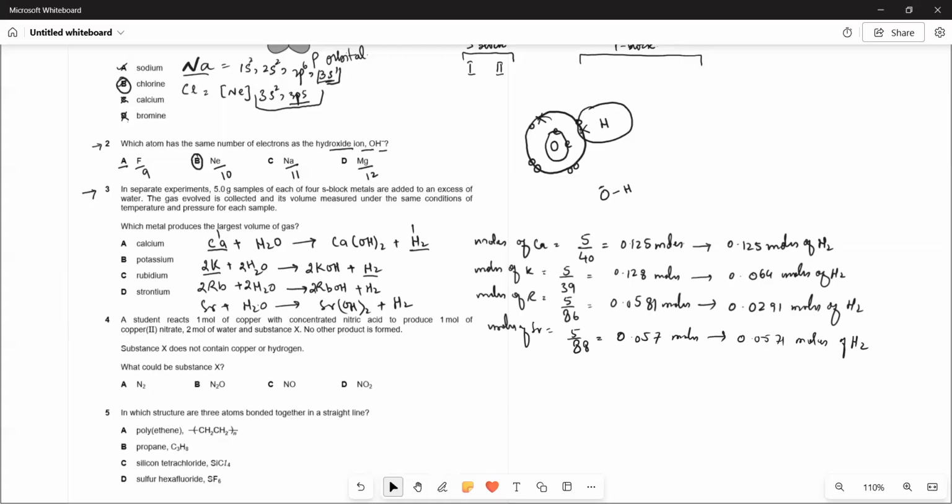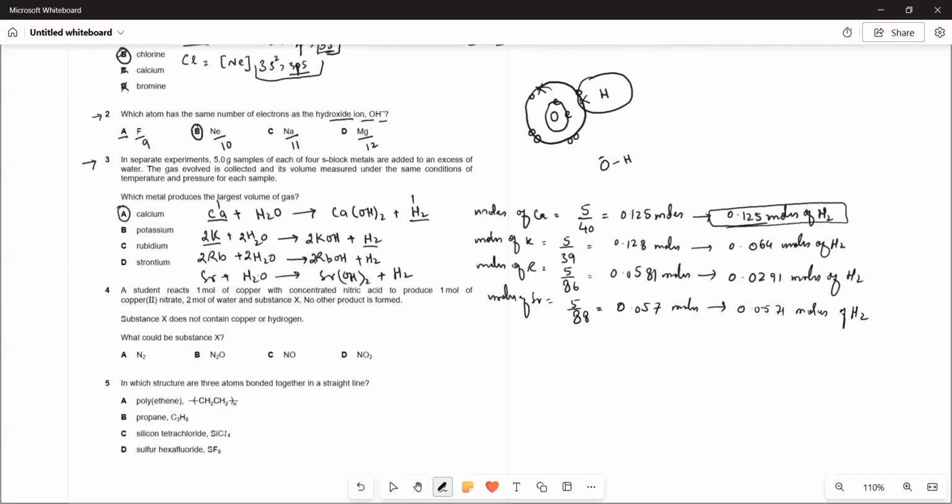So in which option can we see the greater moles produced? That is option A, because this will have the largest volume of gas produced, right? Okay, now let's see